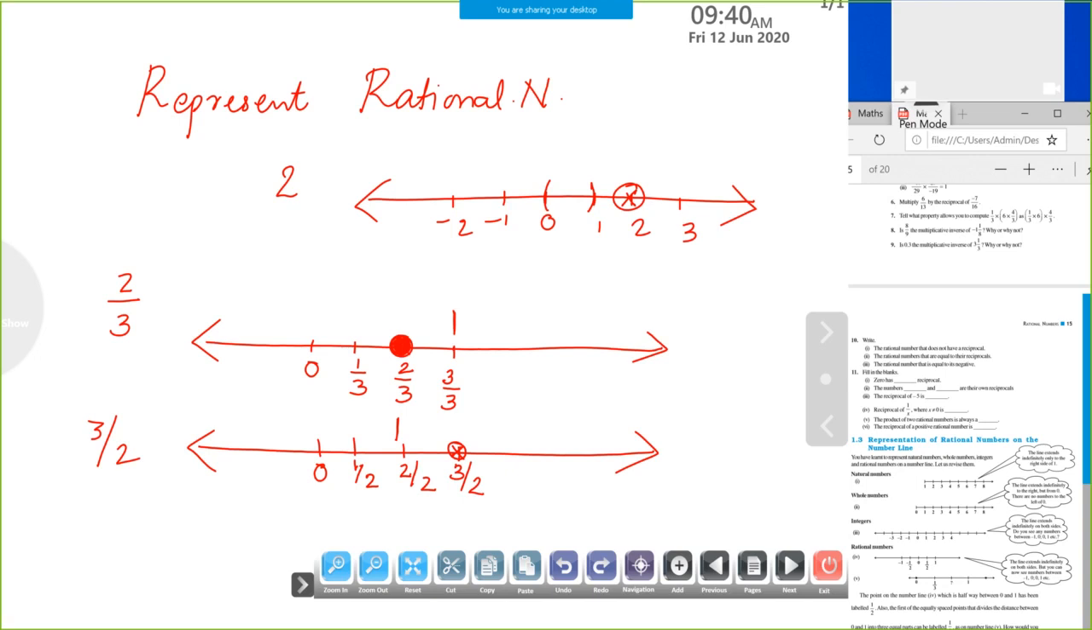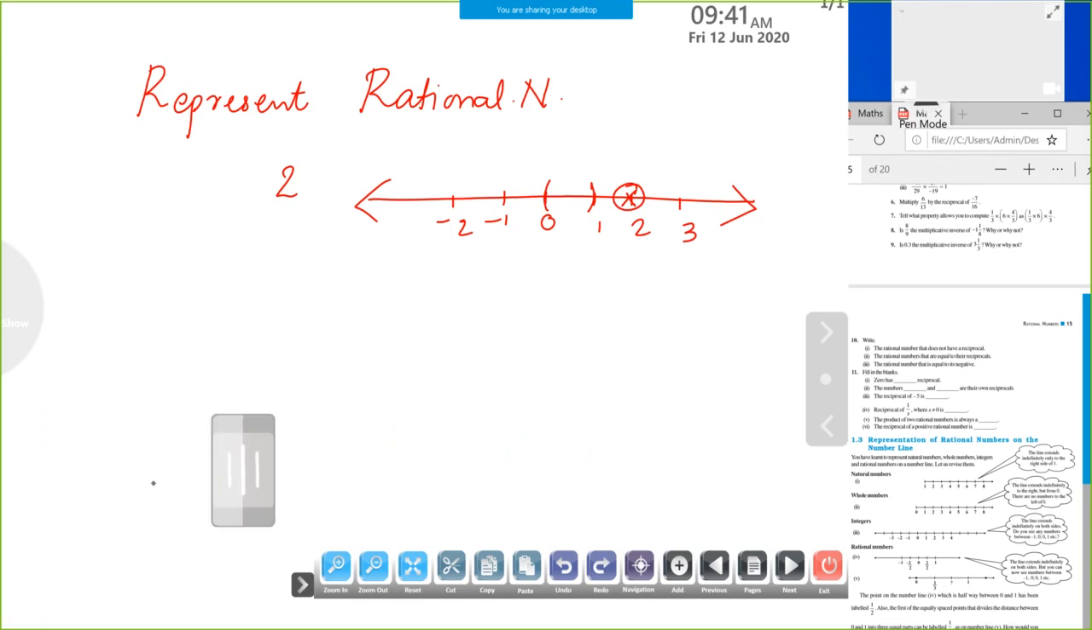Here the first number is 2 by 3. With equal width, take 1 by 3, 2 by 3, 3 by 3, etc. Where the number reaches, there you mark that particular rational number. Whether it is a proper number or mixed numeral, the same method can be followed. Now let me go to a negative number. Okay, all of you may have a doubt about how to represent the negative